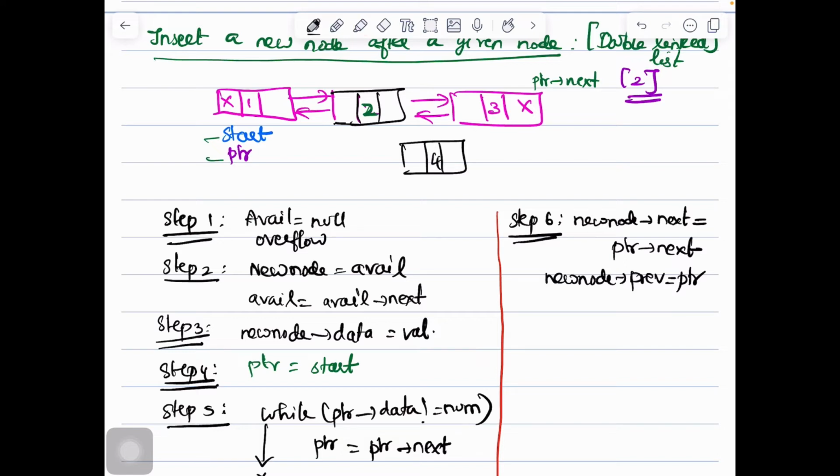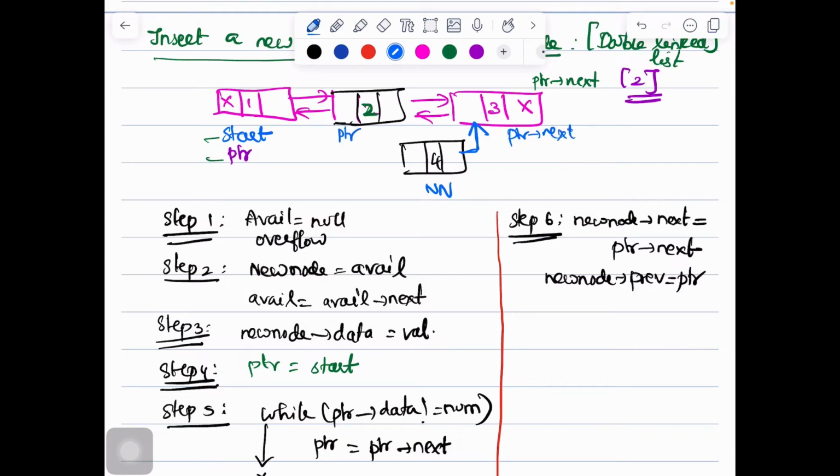So let me redraw it again. We have written for both of these. This is the new node. The new node's next has now been connected with the ptr's next, and we have made the new node's previous point to the ptr. So this is this step. Now what is going to be my next step? Step 7. Now I should make the connection between the ptr and the new node. So how do I make this ptr's